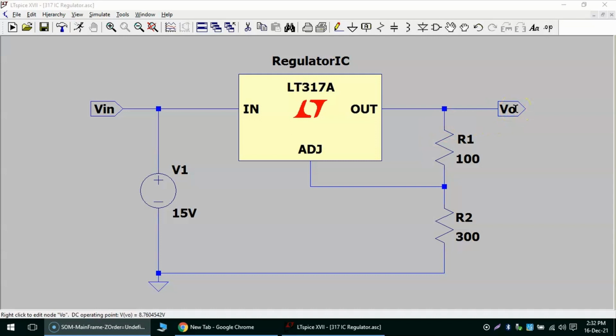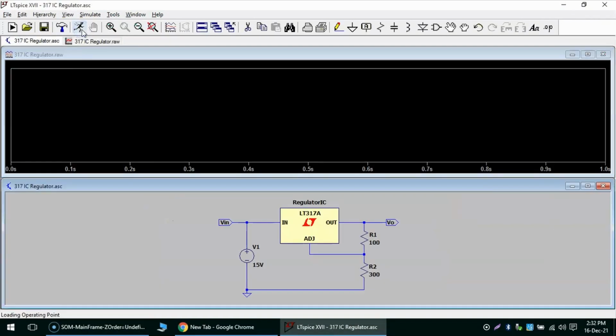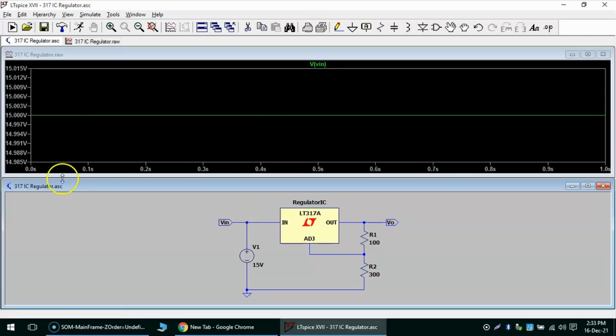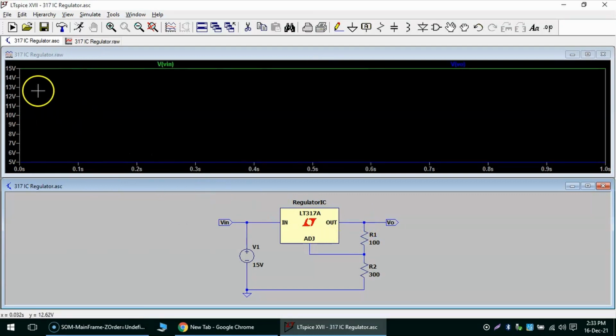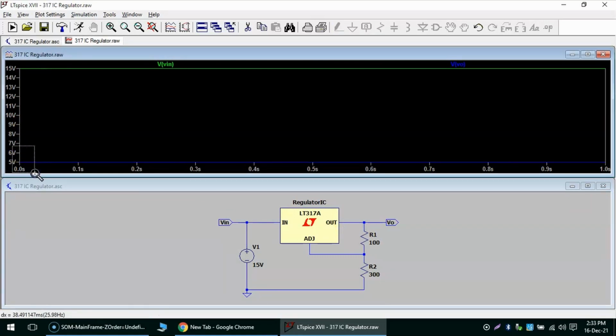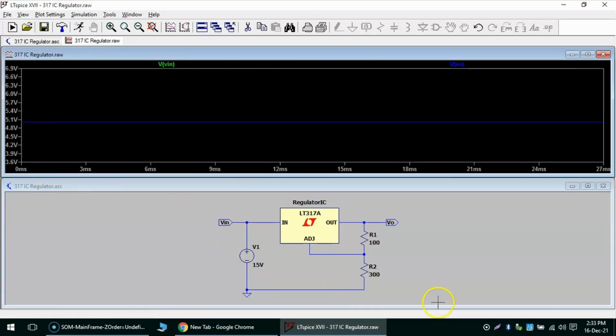So let us see the simulation, what happens exactly, and I run the simulation first. So when I run it, I have to apply these test probes over here. First I apply for the input voltage. You can see I am getting the input voltage here as 15 volt, and now I apply it for the output voltage. See, the output voltage I am getting is exactly 5 volt, because the value of R2 and R1